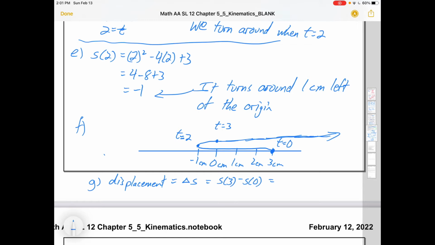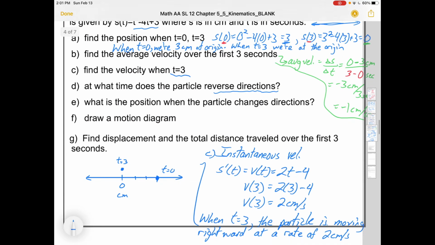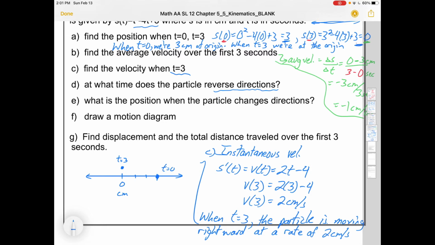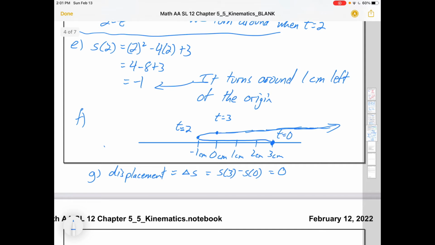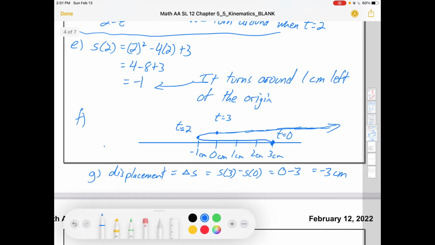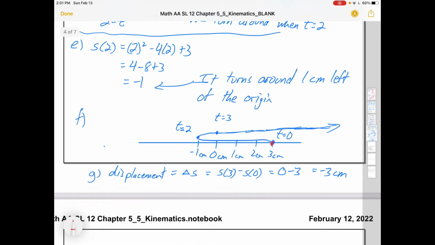Okay, final minus initial. And s at 3 we found in the very first question. S of 3 is 0. It's right over here. It's kind of grayed out there. And s of 0 is 3. So this is going to be 0 minus 3, or negative 3 centimeters. Does that make sense? If you think about where this particle started and where it ended up after 3 seconds, yeah, it went 3 centimeters to the left, so displacement of